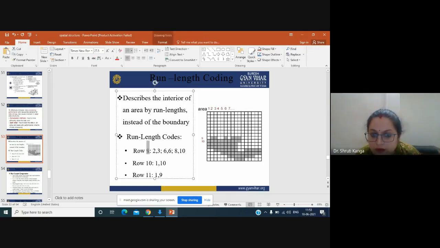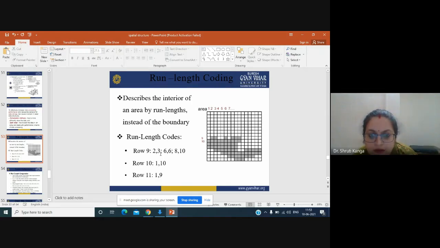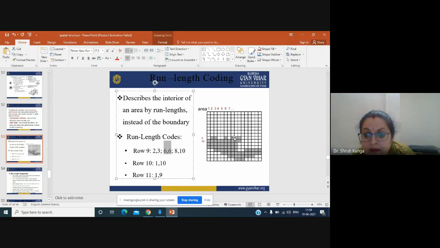So in row number 9, the extent of this agriculture area is in second and third pixel. So that's why we have mentioned second to third, then colon 6 to 6, only 6. So that means 6 to 6 and then 8, 9 and 10. So third one is colon 8 to 10.